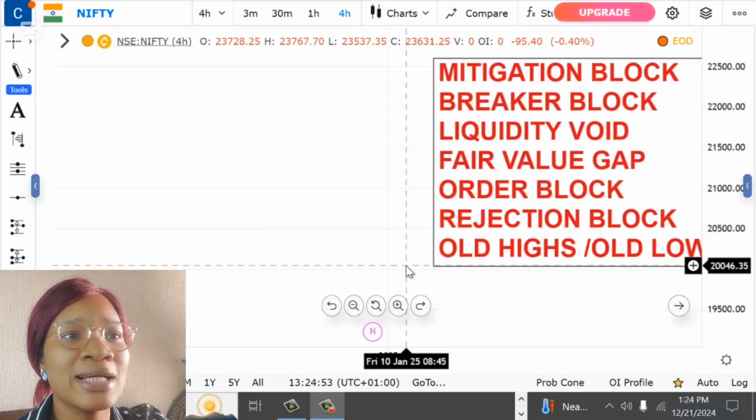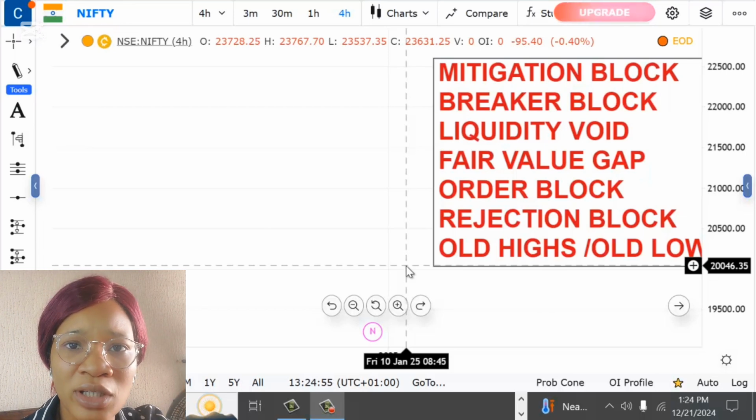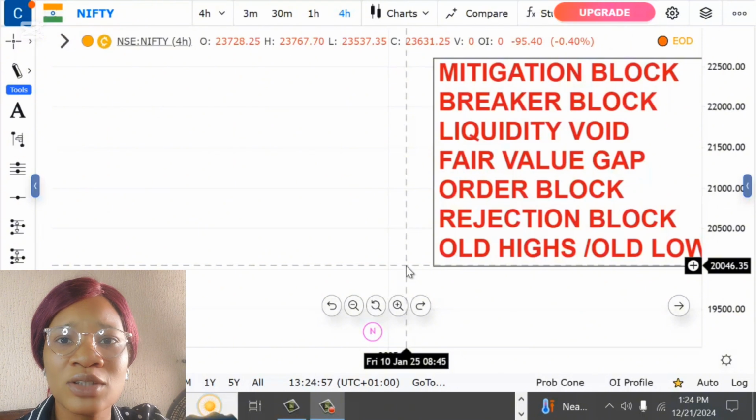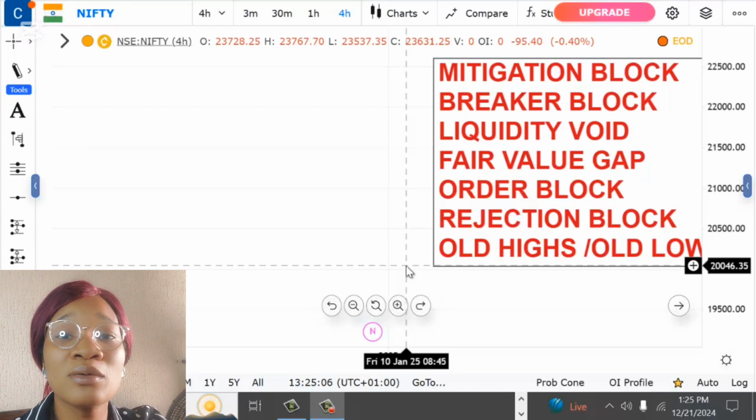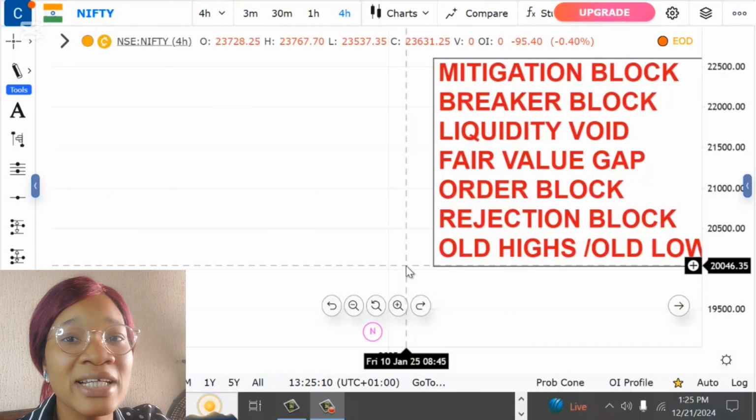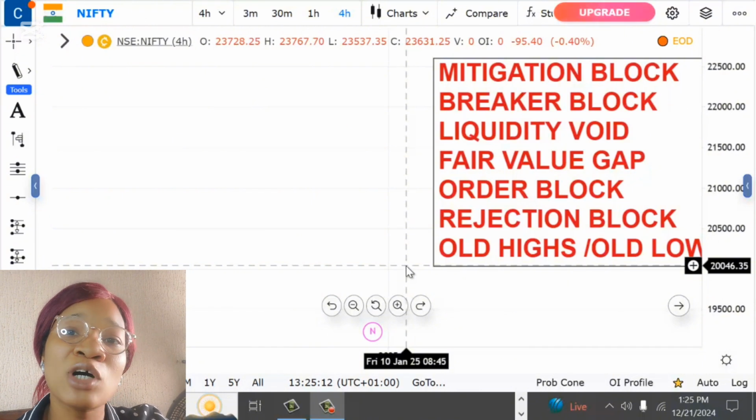And then you begin to wonder, is it that my strategy has stopped working, or is it that the order block has stopped working, or is it that something else is the reason for your not being successful at this? Well, let me tell you something. Sometimes the market actually goes to deliver price to other institutional reference points,